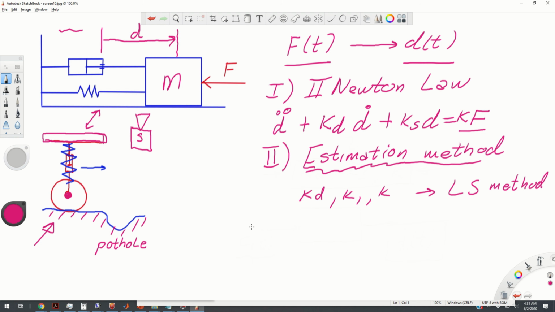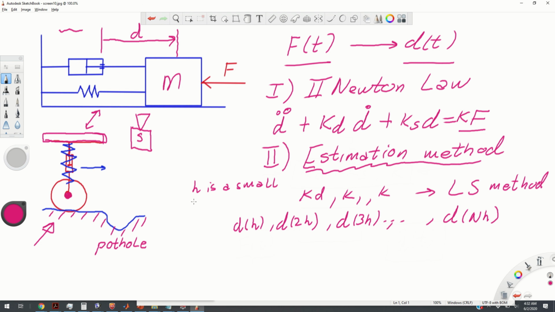That will give you the displacement at, for example, time instant h, displacement at time instant 2h, displacement at 3h, etc., displacement until nh, where h is a small time constant,